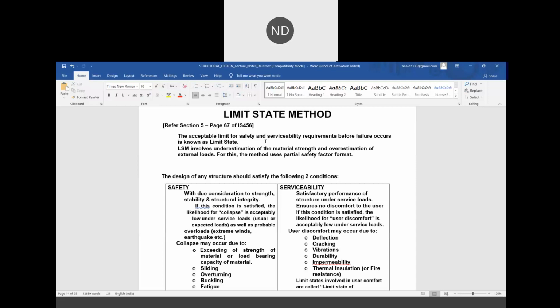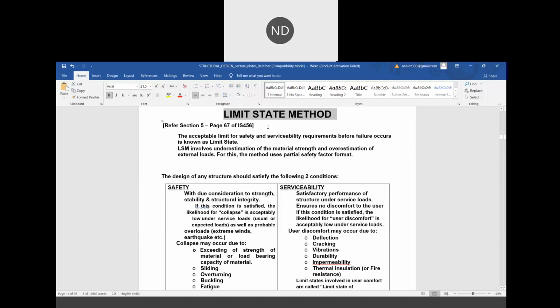So the limit state method is the acceptable limit for safety and serviceability requirements before failure occurs. Okay. The limit state method involves underestimation of the material strength and overestimation of external loads. For this, the method uses a partial safety factor format. So, understood this thing? That means when we use this limit state method,